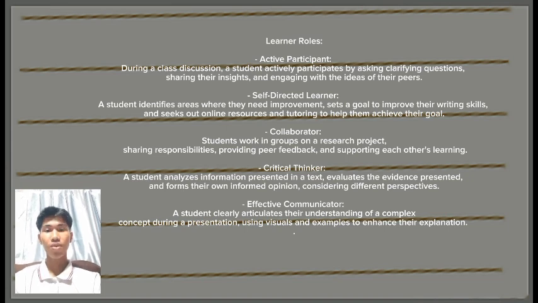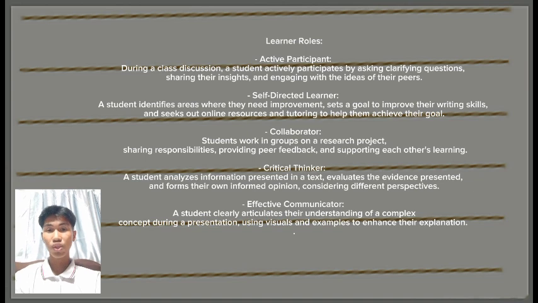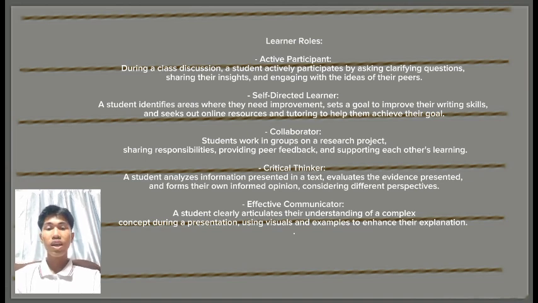The last is the roles of the learner. So, active participant. During a class discussion, students actively participate by asking clarification questions, sharing their insights, and engaging with the ideas of their peers. So, self-directed learner: a student identifies areas where they need to improve, sets goals to improve their writing skills, and seeks out online resources and tutoring to help them achieve